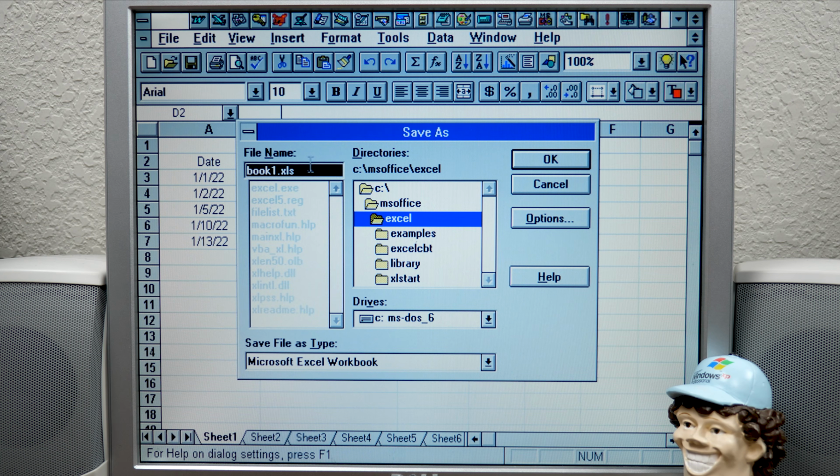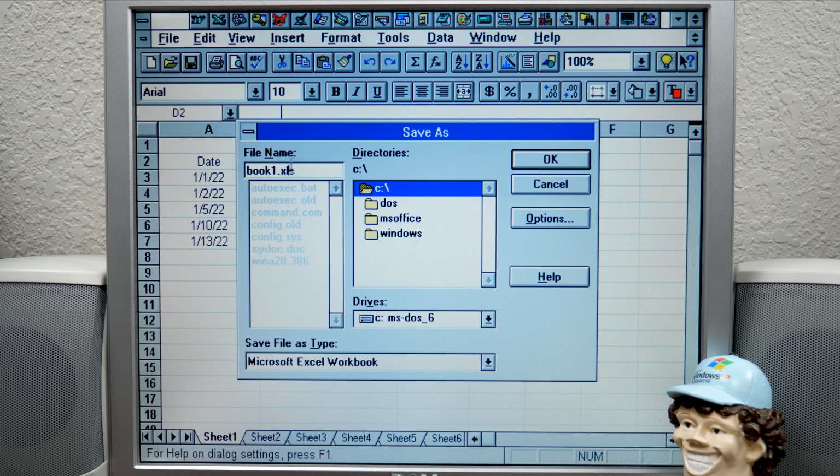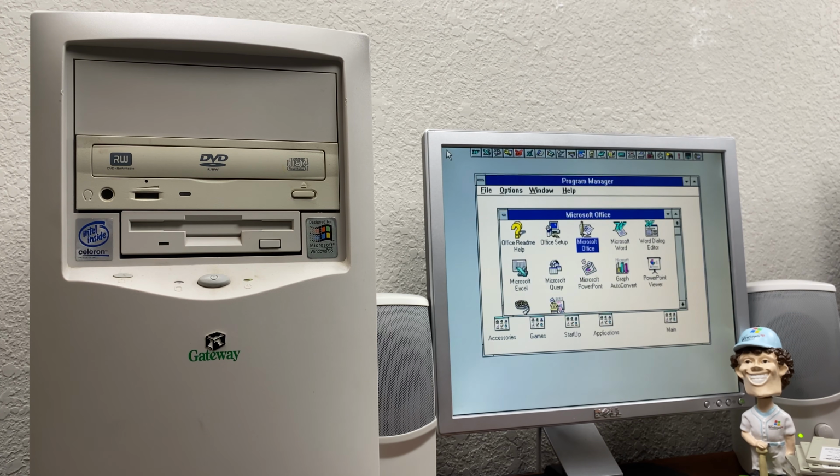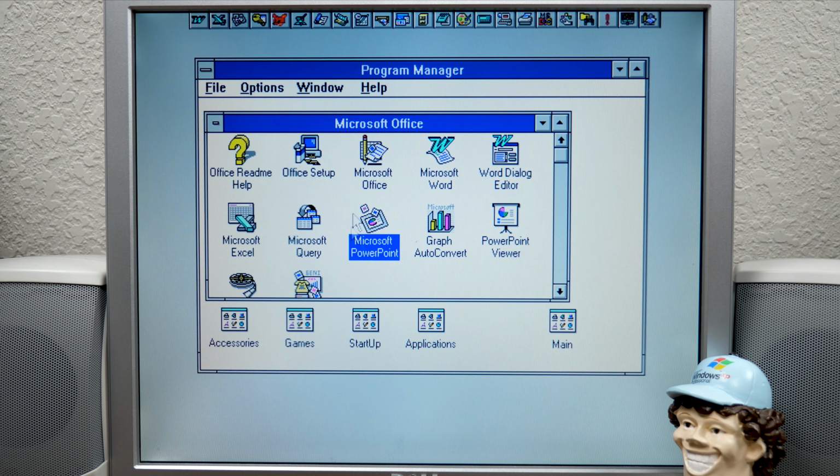We'll go ahead and save it to the root of the C drive again, and let's just call this Excel. Oh, that's so good, right? Okay, and yeah, that's too long of a file name. Gosh, I'm so used to having long file names. That's something that we take advantage of today, but back before Windows 95, that was not a thing. So there we go. We can close out of Microsoft Excel here,